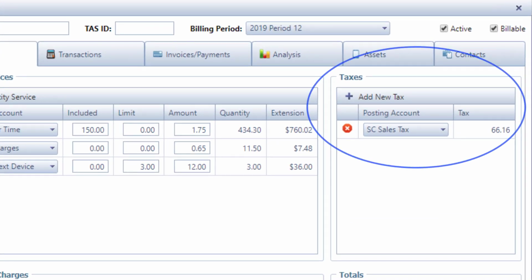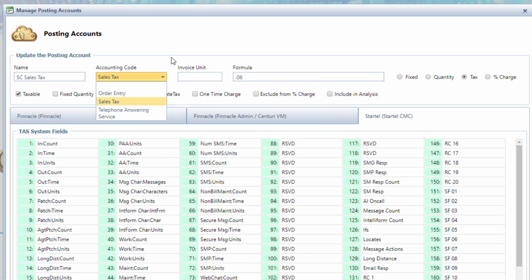Here's a sales tax for South Carolina. The account code on this one is different. It's sales tax, so it's separated from my telephone answering service analysis. The formula, again, is the percentage for the tax, in this case 6%. We give it a type code of tax,